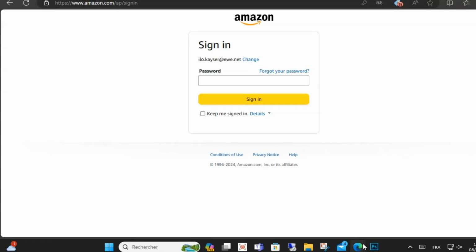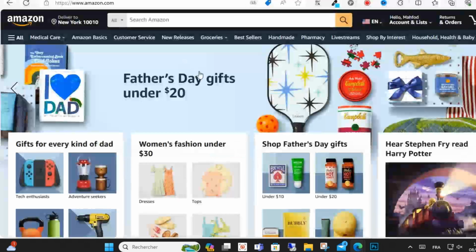Hello everyone, in this video we see how to solve the Amazon temporarily locked account issue. First, open your browser and type amazon.com in the search bar. Once you're on this page, simply enter your password. After that, enter your email address and then click on the continue button. Next, you need to enter the letter